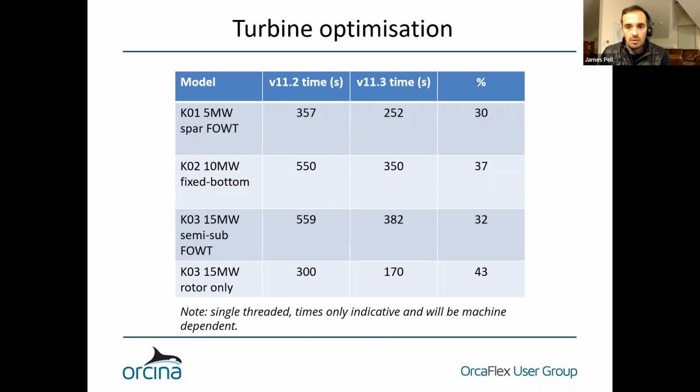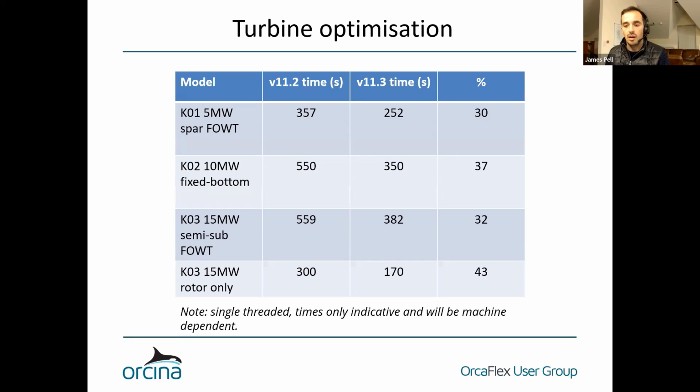But just to give you some indicative ballpark figures, I ran what you might term the OrcaFlex turbine example suite. There are 3 examples that I'm sure a lot of you have seen that we distribute: 2 floaters, a spar and a semi, and 1 fixed bottom. I also ran the KO3 15 megawatt with just the rotor only. And running those examples in the old and the new version, I've seen broadly about a third come off the